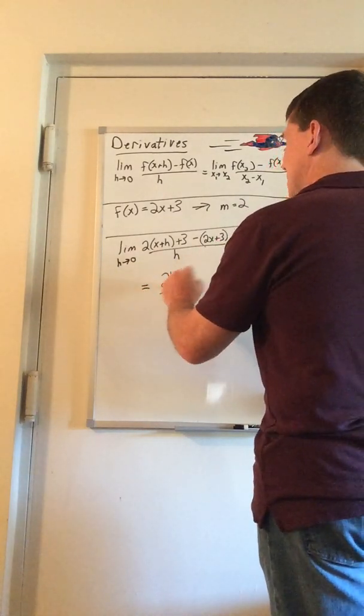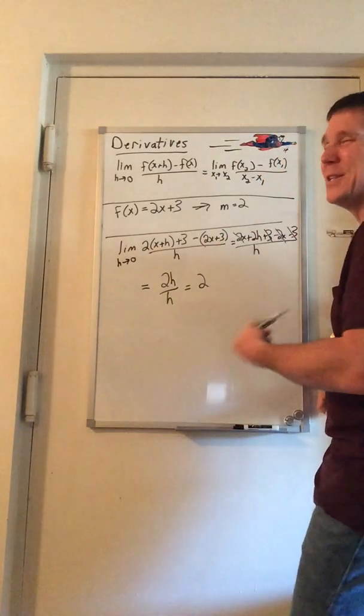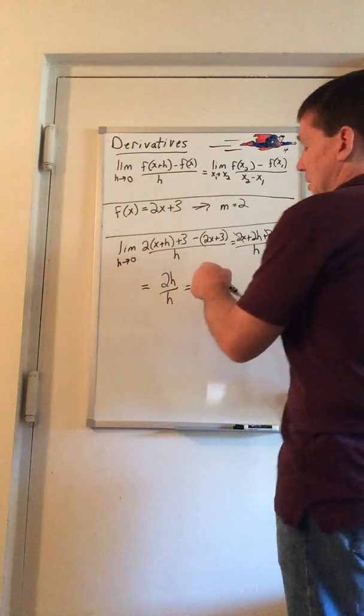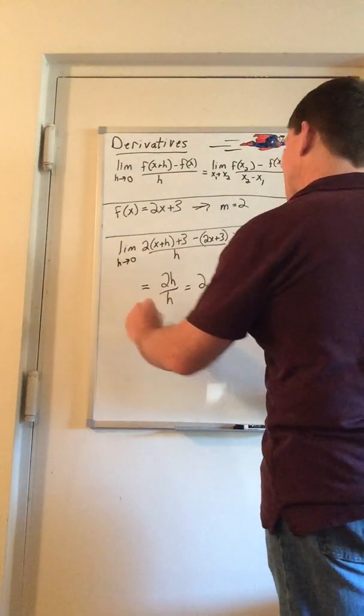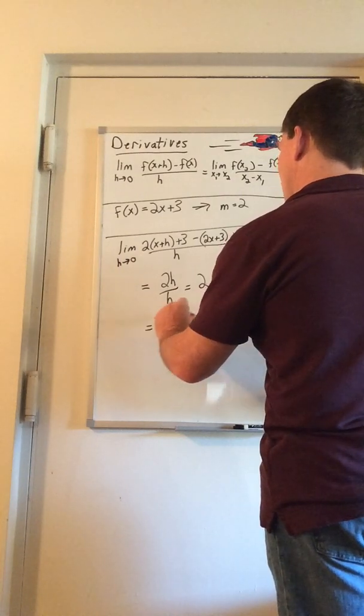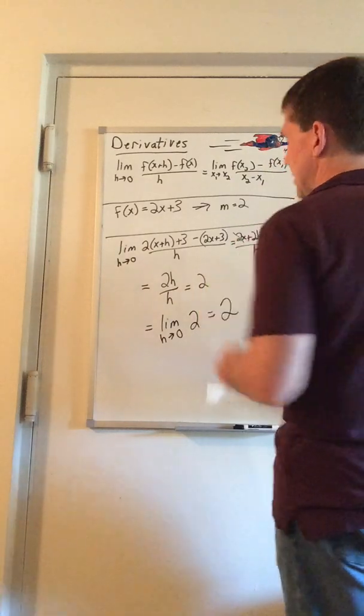The h's cancel, and I get 2. Now, keep in mind, for this one, since all the h's are gone, I am actually done. But in general, once we get to this point, now we apply the limit. So I get the limit as h approaches 0 of 2, but the limit of a constant we know is just the constant 2,